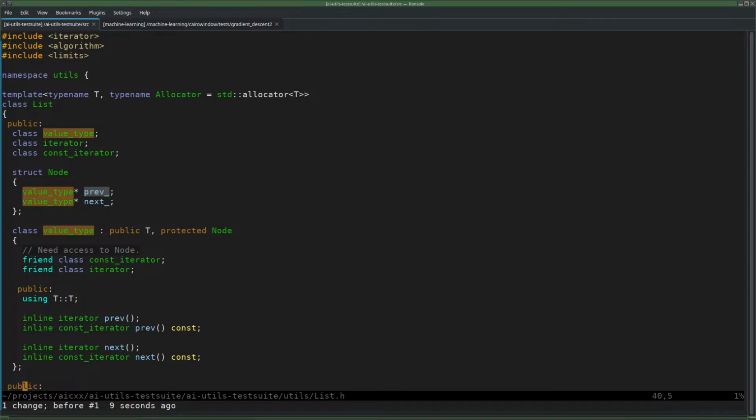No, wait a minute. If you want to insert an element before that point, we still need to have the previous node. Maybe I can mark the next pointer then. But yeah, then if I do that, then we still have to continuously